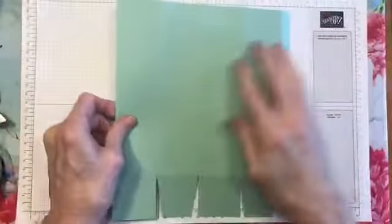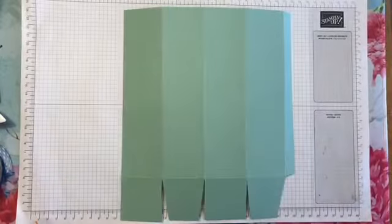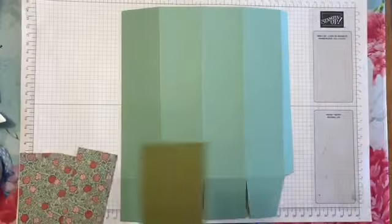All right, so there is our box. Believe it or not, we're finished with the box. Now, before we put it together, we're going to go ahead and adhere our side panels. And I chose this designer series paper to do this. And these designer series paper panels are cut at 1 3/4 by 7 3/4. Okay, and all this information, all the dimensions, and this video tutorial will be on my blog